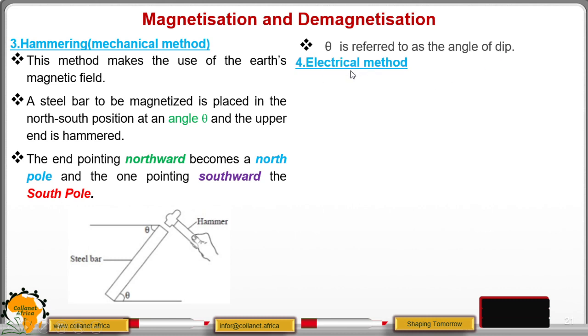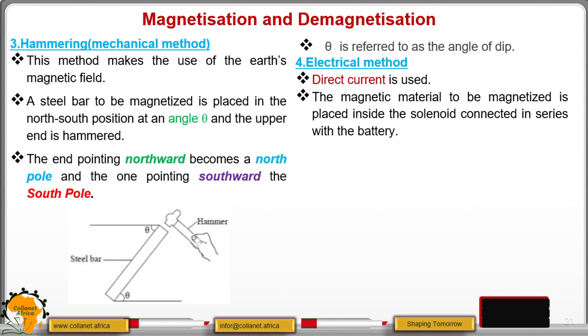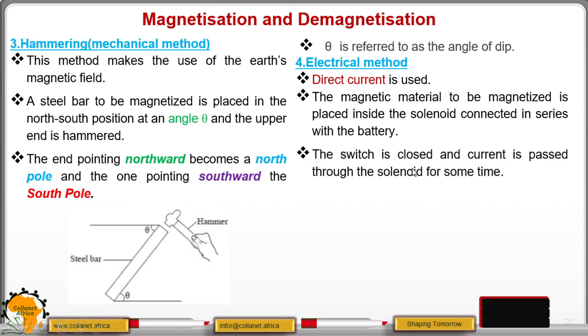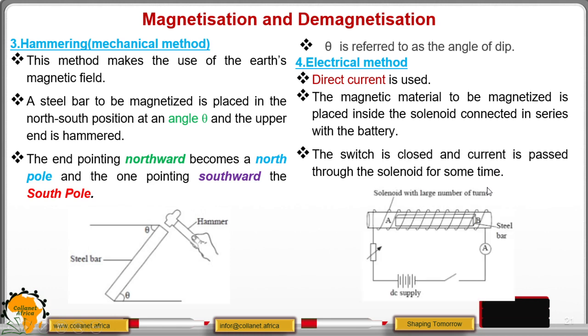Then we have the fourth one, the electrical method. In this case, you are supposed to note that we are using a direct current. A direct current means that it is coming from one direction or one terminal towards the other. So the current will always come from the positive terminal towards the negative terminal. Now the magnetic material to be magnetized is placed inside the solenoid, and that solenoid is then connected to the battery. Then the switch is closed and the current will pass through the solenoid for some time, as shown in